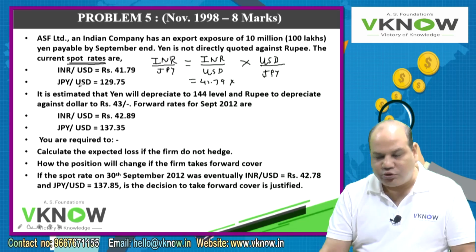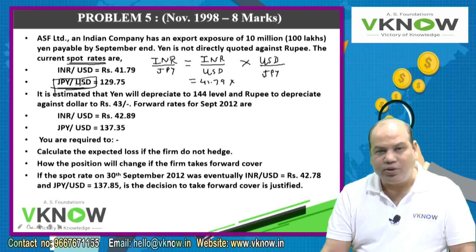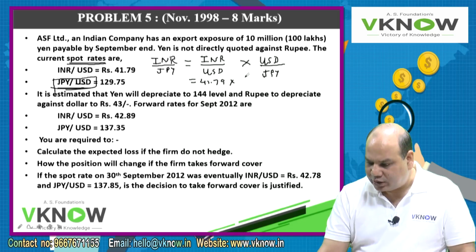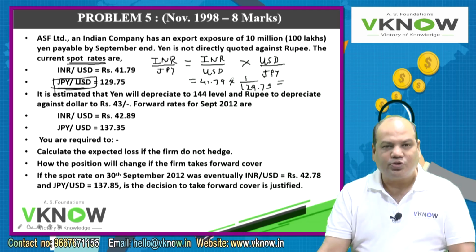USD per JPY is not given. Instead of that, JPY per USD is given. So I will take the reciprocal of that, because I need USD per JPY. I have been given JPY per USD, so take the reciprocal, and whatever is the answer, that is the spot rate